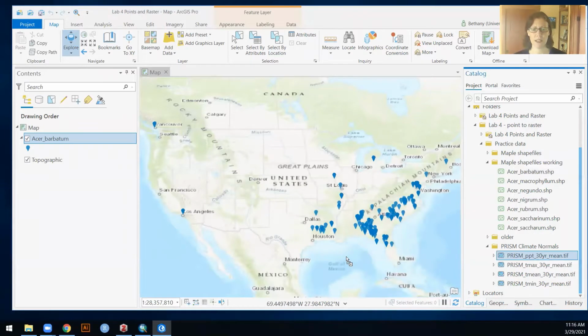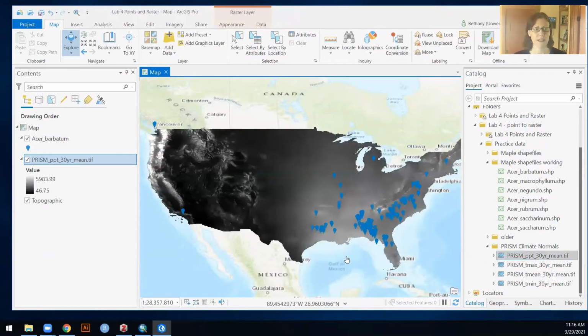And then we can also take a look at what some of these other data layers look like. So this is, for any given pixel, our average precipitation over the last 30 years. And I'm guessing that this is in millimeters, probably, although we'd need to look that up. Actually, we can look that up. It probably tells us on